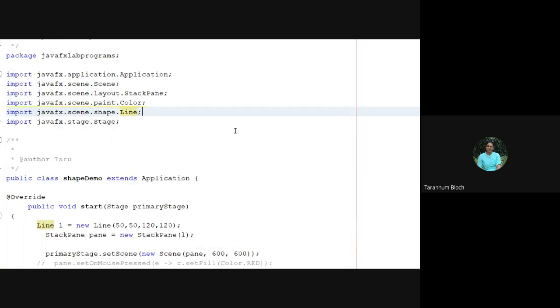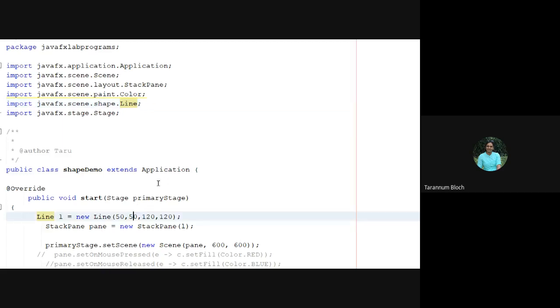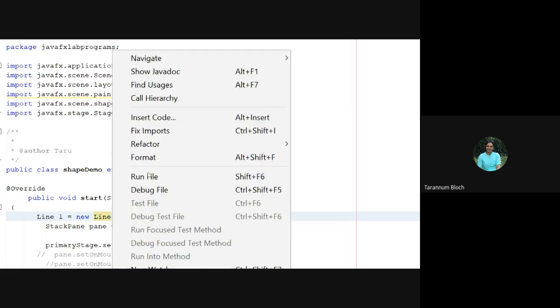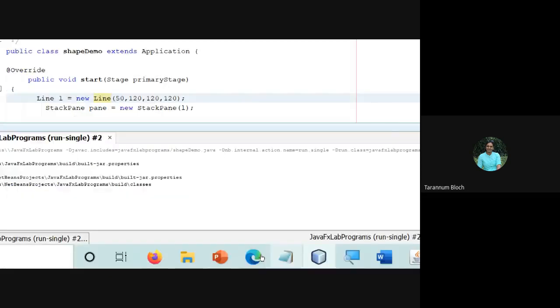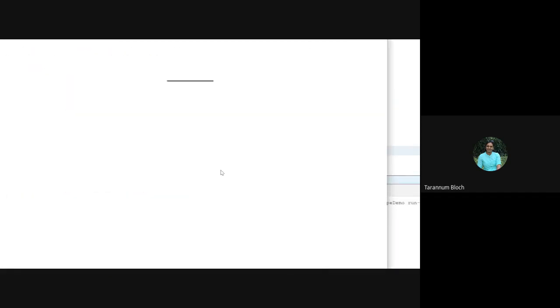If I want a horizontal line, can you tell me the horizontal line coordinates? So I have somebody saying make the y similar, right? Let us see this. Making the y similar, so this will give me a horizontal line.